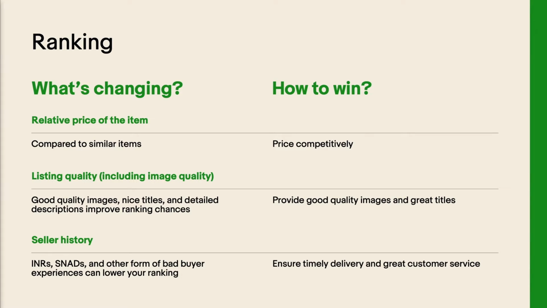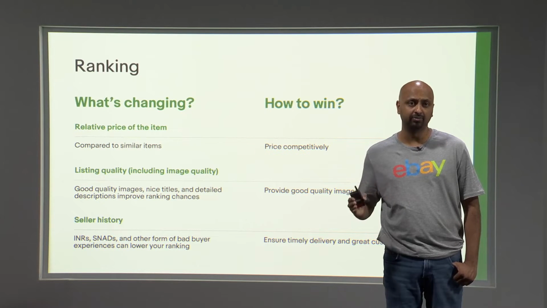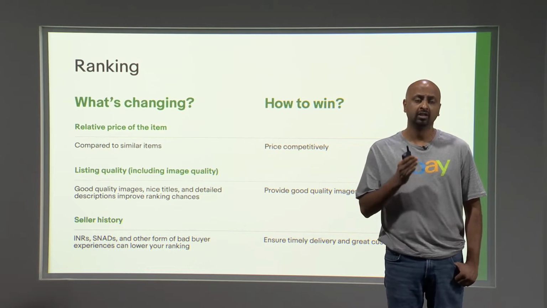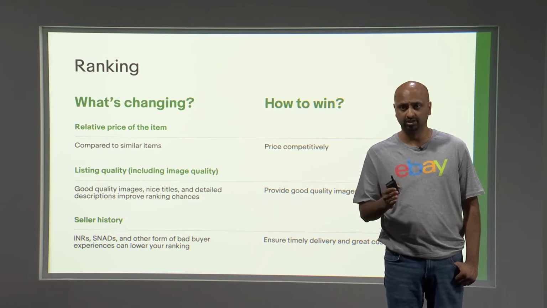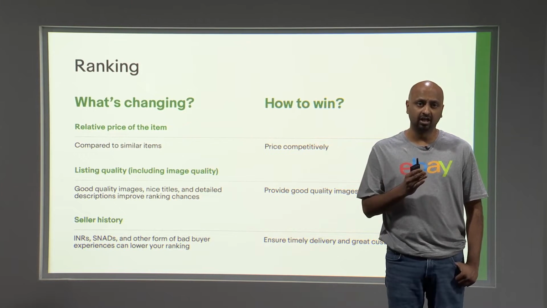besides pricing it competitively. The second big change is around listing quality, which includes image quality. Good quality images, well-written titles, and nicely structured descriptions are all going to improve your ranking chances going forward. As we start understanding the quality of our listings better and better, we are introducing features in our model that tell the model how good your listing is. So the better quality images, the better written titles you provide, the higher your chances are